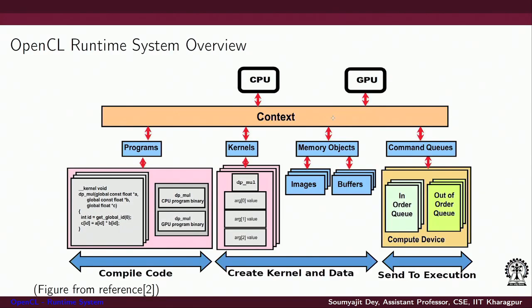So, I believe in the last lecture we provided you with the basic OpenCL runtime overview, and we gave an example of a complete OpenCL program including the host code, primarily the host code I would say, like how to compile the code, how to create the kernel, the different data buffers, the memory objects, and finally set up a context and create command queues and then execute the kernel by issuing suitable read, kernel launch, write back and final read commands and all that.